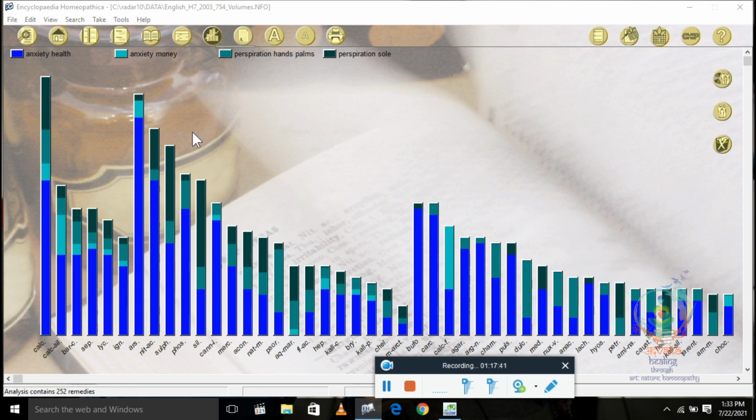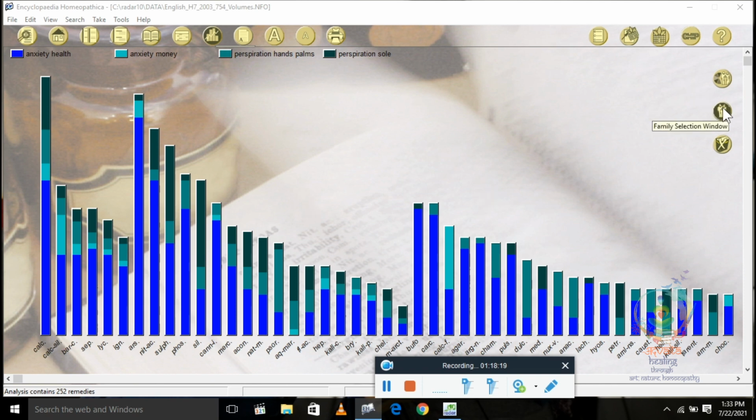If you want to buy software, you can buy, or you can just make use of the old Radar, which is full of references, 650 references. Old materia medicas as well as modern classical materia medicas are given in it. Okay, so this is the best, user friendly software. For beginners, Radar is the best software I can think of.